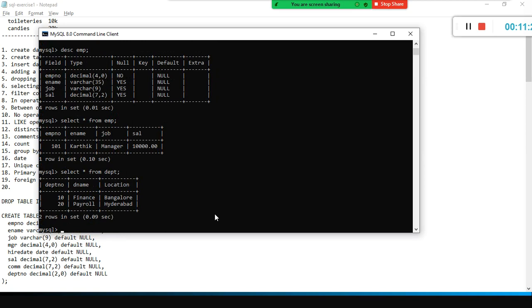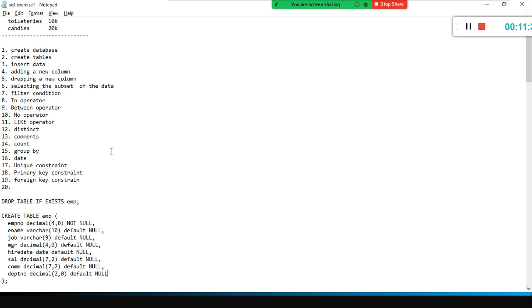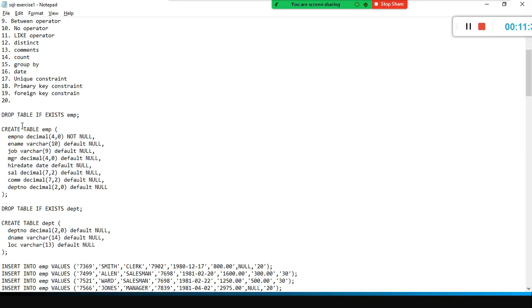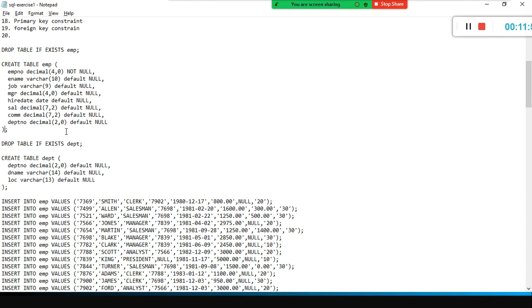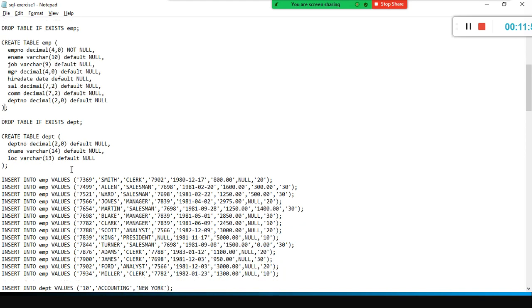Okay. See, in real time scenario, you have to create the table script and you have to create the insert script also. Though we have DBAs, database administrators, they create the table, they expect the developer to create the table. On top, they will add additional parameters like how much storage it should use on the disk, everything. But we have to share them with the table script, everything.